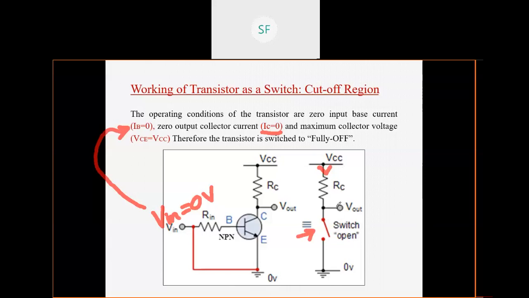You should remember this. So hence this transistor can be equivalent, you can write that equivalently it is equal to the open switch. It can be treated as an open switch. Or the transistor is acting as off. Open means it is in the off state.